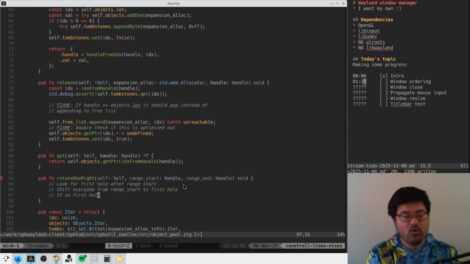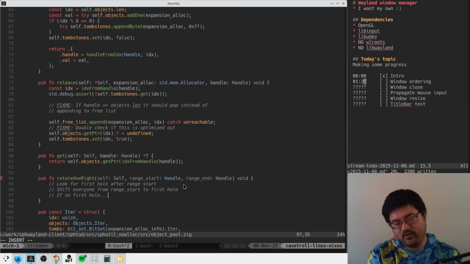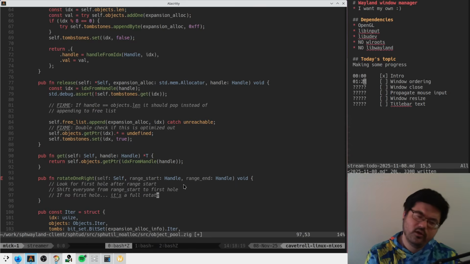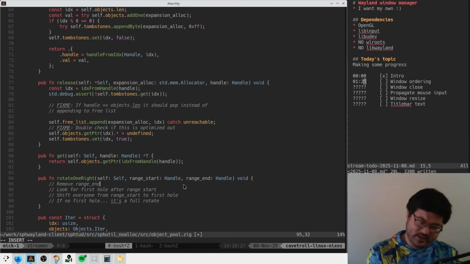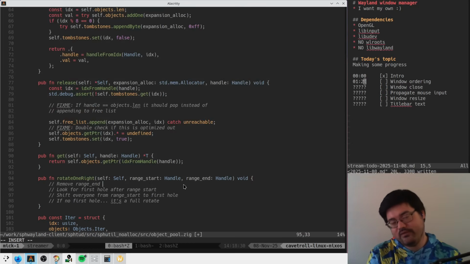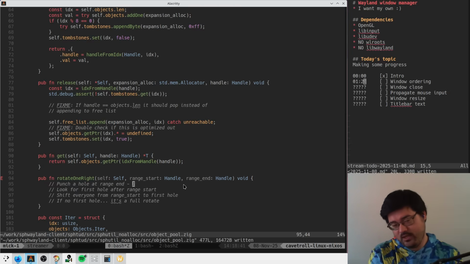If no first hole, then it's a full rotate. And we might need to stash someone in like a secret spot temporarily. I guess we can guarantee a hole if we remove range end, because we definitely want this guy to move to the front no matter what. Right? So punch a hole at range end. Minus 1 because it's exclusive, maybe. Maybe inclusive. Punch a hole